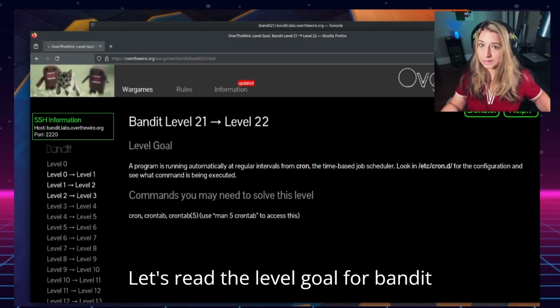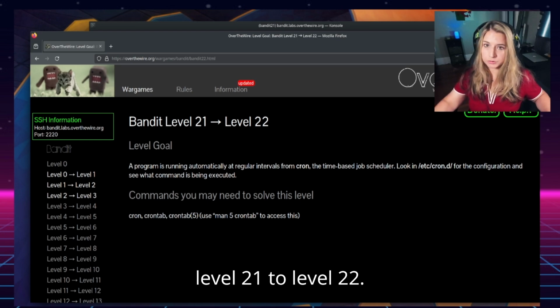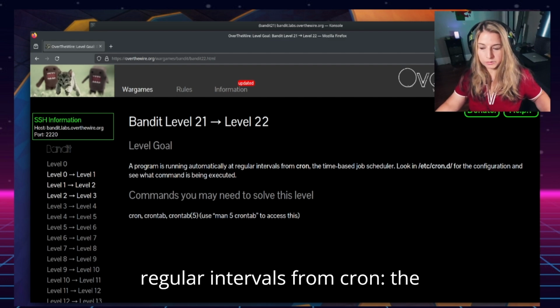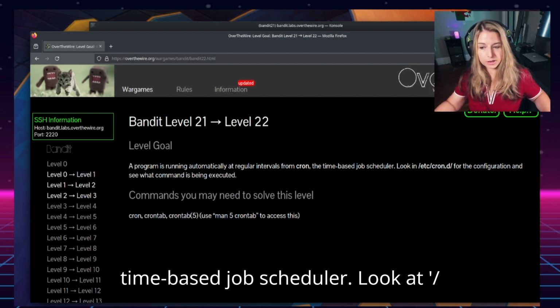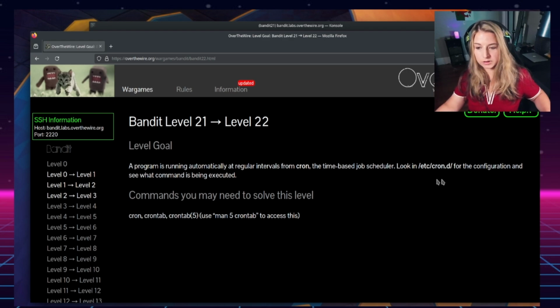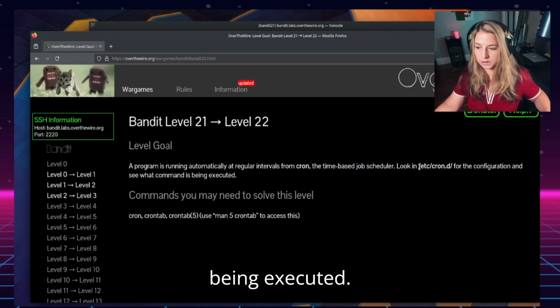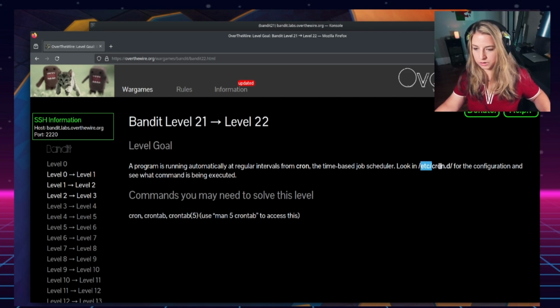Let's read the level goal for Bandit level 21 to level 22. A program is running automatically at regular intervals from cron, the time-based job scheduler. Look at /etc/cron.d for the configuration and see what command is being executed.